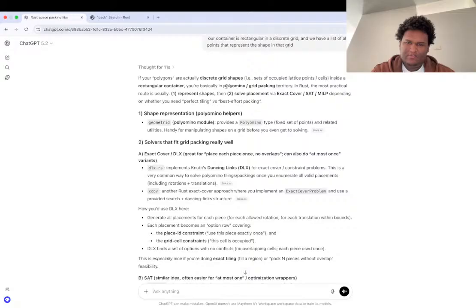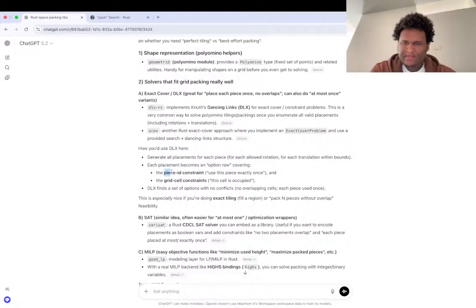This is a very common way to solve a problem like this once you generate all the valid placements, including rotations and translations. Another Rust exact cover approach where you implement the exact cover problem and user-provided search, dancing links. So